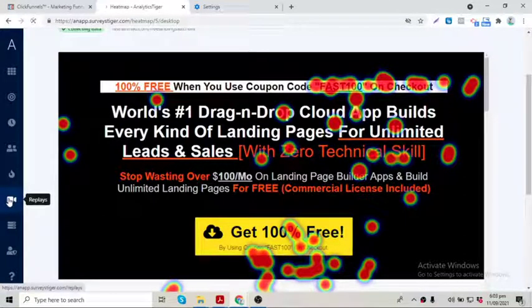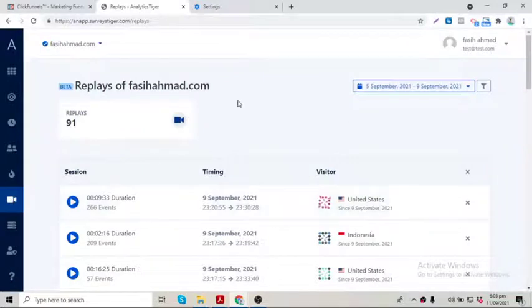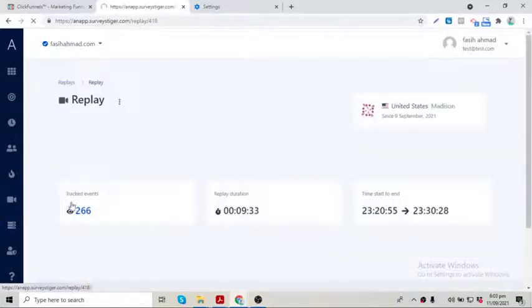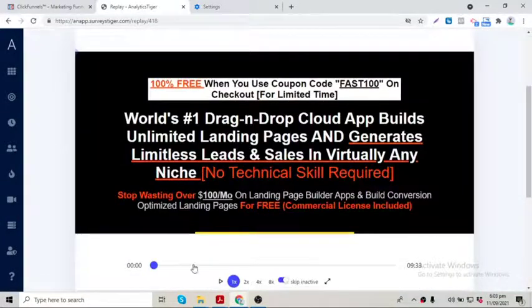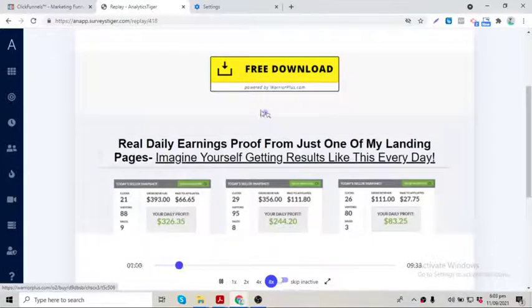Now, if I come to the replay tab, you can see every single detail of what visitors did on the website by clicking on the replay session. Let's see what this visitor did on my website. Let's fast track that on 8x. I can see that the visitor came and clicked the pre-download button. So they are now getting redirected to another website, varrierplus.com, to check out. And once they are finished with that, they will get automatically redirected to the upsell page, and the app automatically tracks that. So let's see.